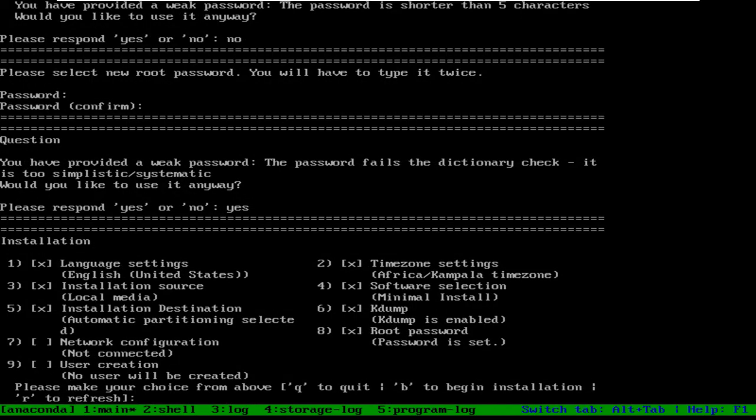So configured, the password is configured for the root. This is already now configured. Now the last option is number 9. Now number 9 is saying user creation. So one account is there which is administrator, and that is what? Root. It can do anything.